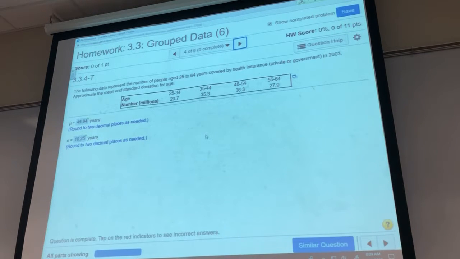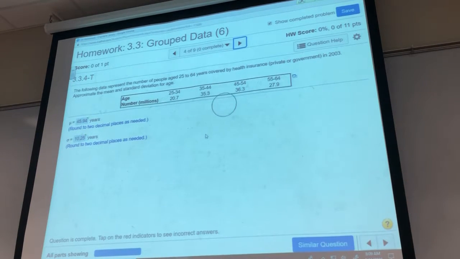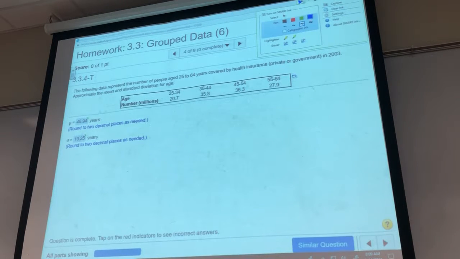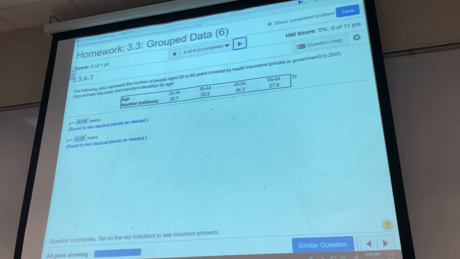Okay, so for number 4 on the homework, the first thing we need to do is figure out what the midpoints are, because they don't tell us that. So to find the average, when we're estimating the average for these, I know it's been since Wednesday, but you need to know what the midpoint is for each of these. So if you have the first class, 25 to 34, 35 to 44, just write that